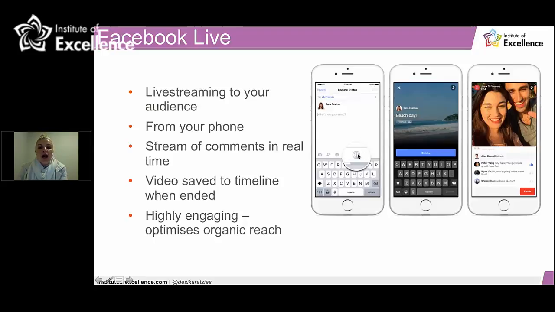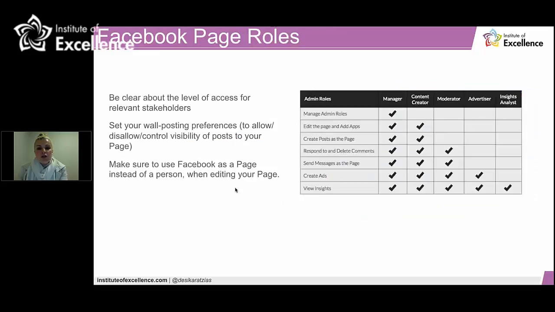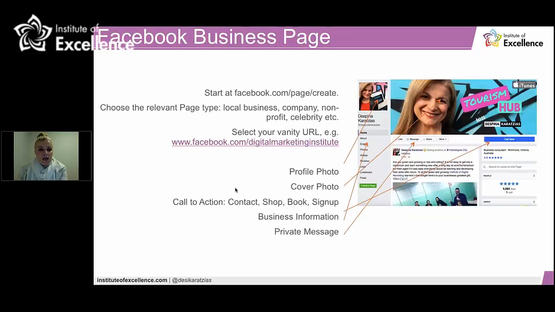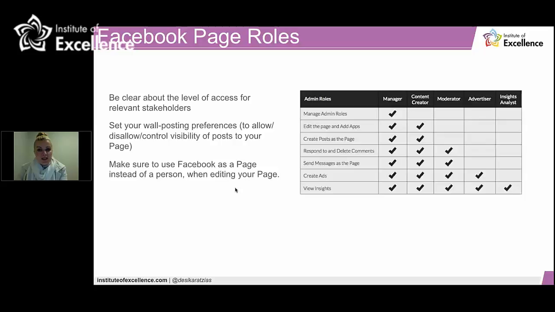That's pretty much the button to do a live stream. I should have done one now, but I've got it included in a diagram there, just easily pointing out where these things are.